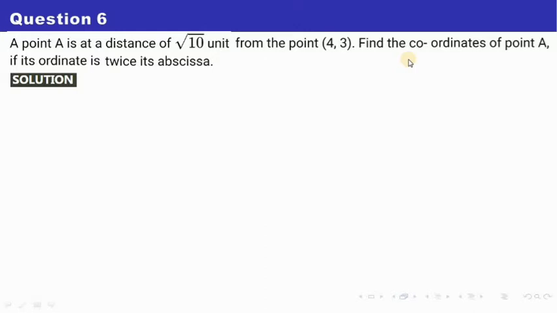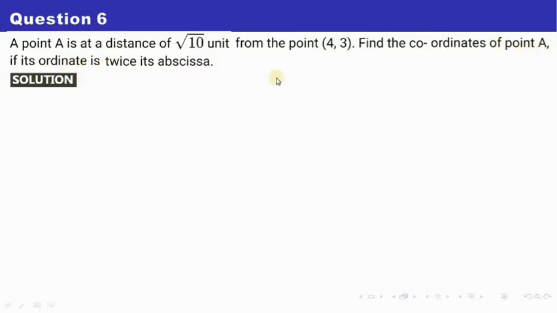The question says a point A, okay, so the name of the point is A, is at a distance of square root of 10 units from point (4, 3). So there's a point (4, 3) out here, and there's a point A, and the distance between these two is given to be root 10. Find the coordinates of point A if its ordinate